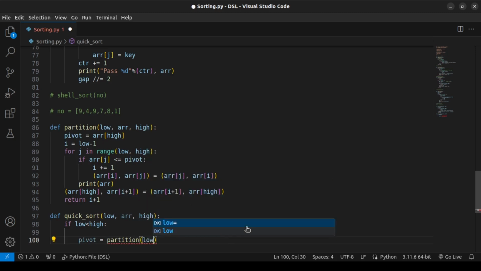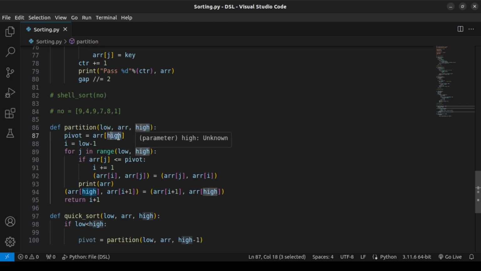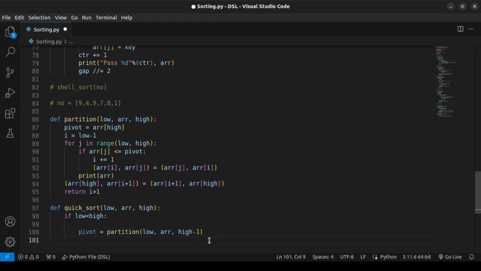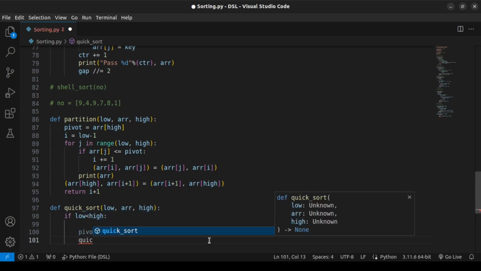And we put low and high minus 1, high minus 1 here, because if you put high over here it will go out of range. Here I have given pivot and high, so it has to be high minus 1 over here. Now pivot will get the value of i plus 1, so from here you call quick sort again,